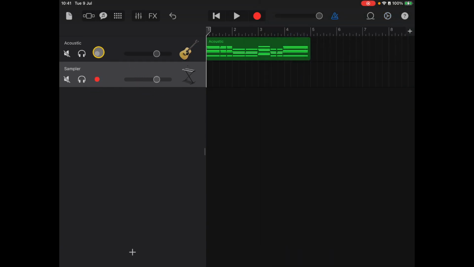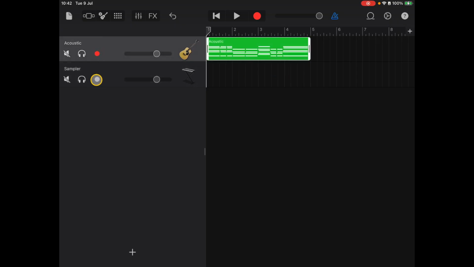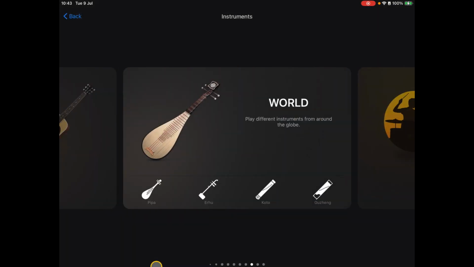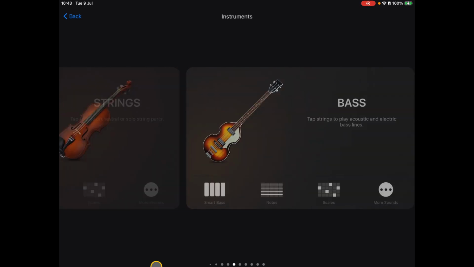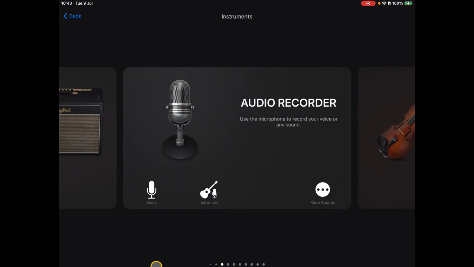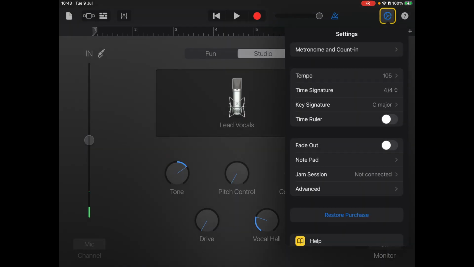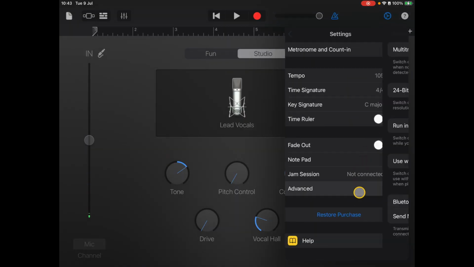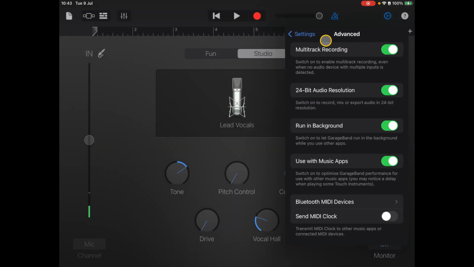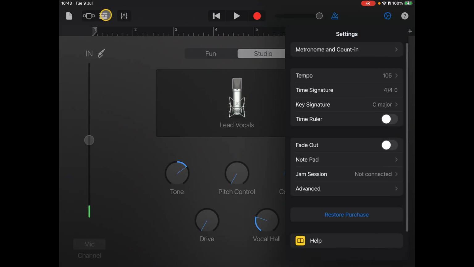Check to see that the toggle is on. You can then record enable. So to record multiple tracks, you tap the tracks button to make sure you're in tracks view. Record enable, which you can see is this red dot here. For multi-track recordings, you need to have an audio source coming in. So just like before, you can for example have voice, and then check in your cogs that you've got advanced and then multi-track recording switched on. Go to your track view,